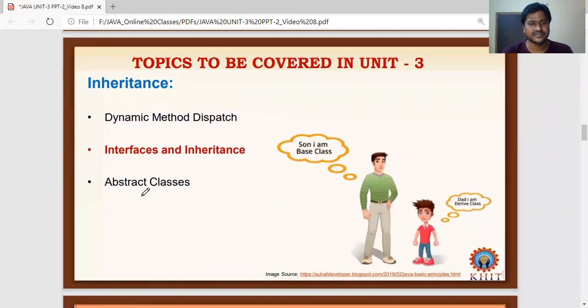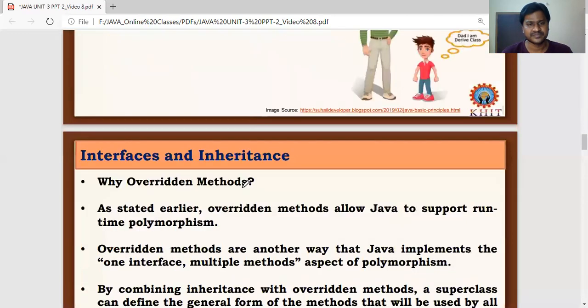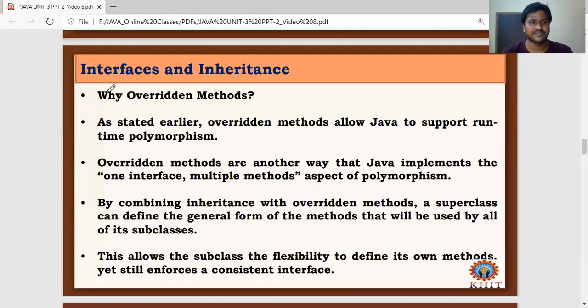Next topic is interfaces and inheritance. We know that interfaces are the next upcoming chapter in unit 3. Right over here, we just give the introduction, the motivation for introducing the interfaces concept in the Java language. So, interfaces and inheritance.